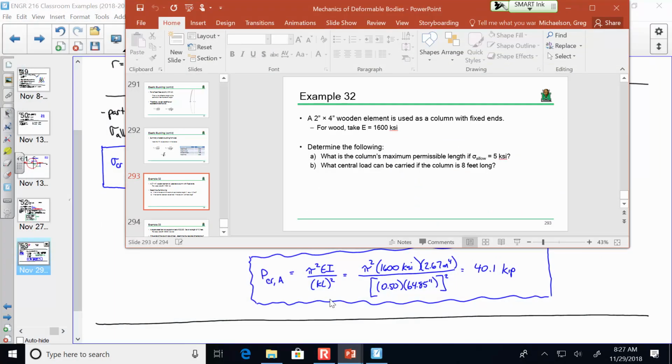Let's look at part B. So part B is asking, what is the